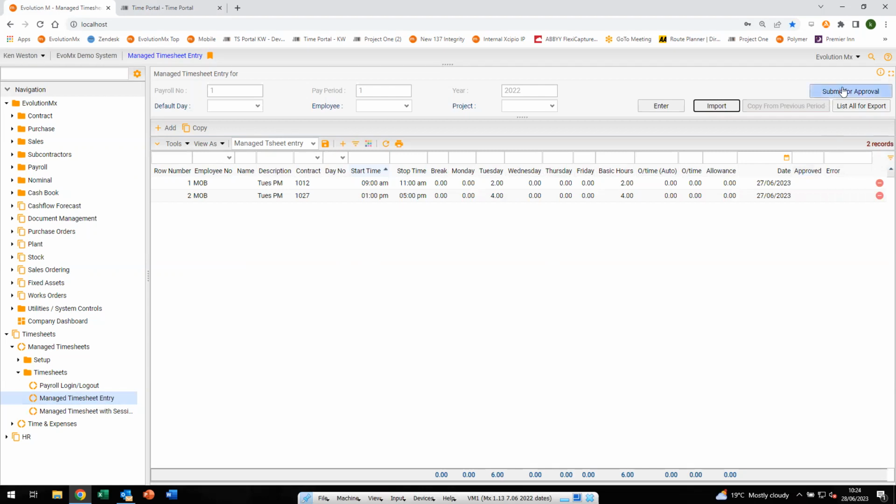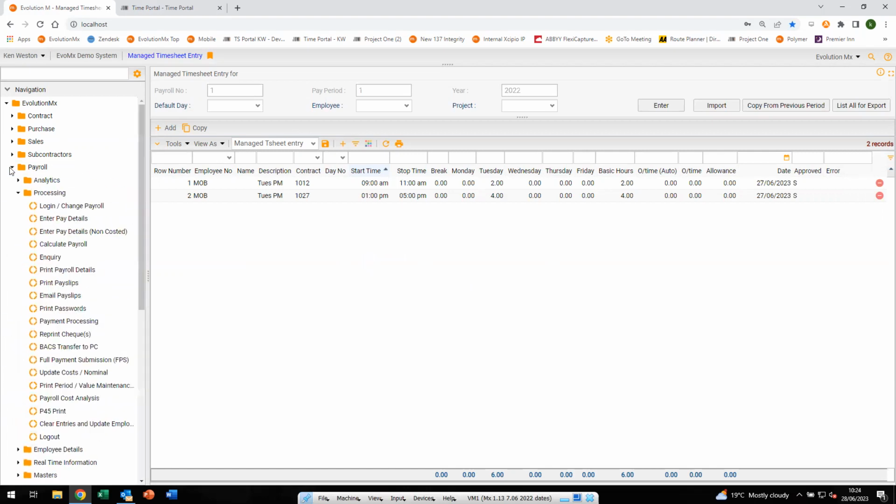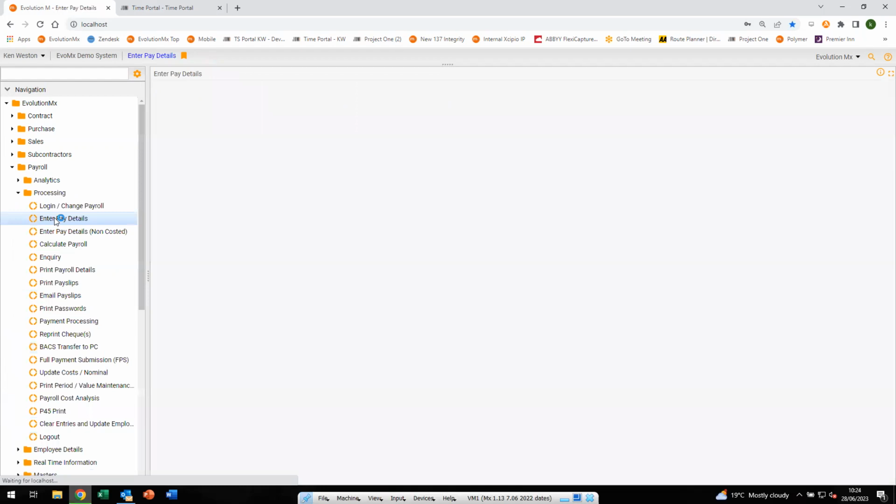So at this point, I'm going to submit for approval. The reason we call it submit for approval is because there could be additional workflow associated with this that's not necessarily going to make it appear straight into payroll. But in my occasion, I'm just going to submit for approval, and the system is happy with that. That would then allow for the payroll to pick up on those entries through enter pay details